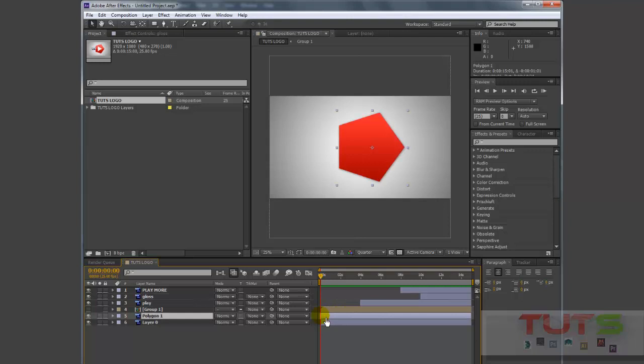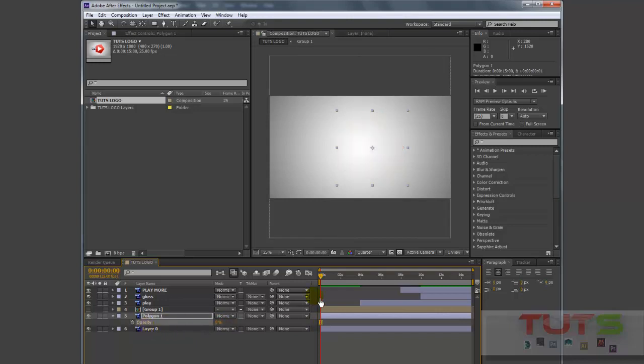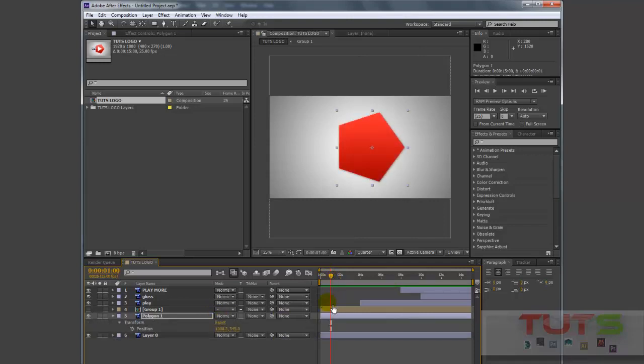For it to animate in, I want to create a rotation effect and a scale. I'm going to adjust the scale, the opacity, and the rotation. So to do that, I'm going to press T on my keyboard for opacity and drag that to 0. Now I'll move to 1 second. I'll drag my slider to this point, then I'll just increase it to 100. So if I press U on my keyboard,